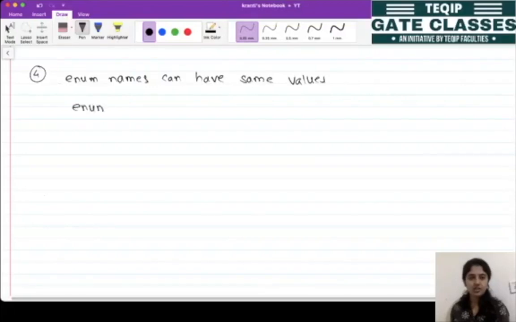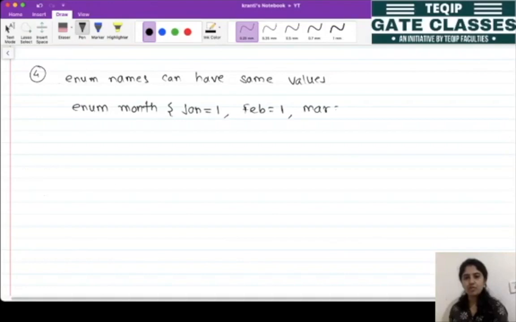Let's say this is our enum month, and inside this, for January we have assigned 1, then for February it is 1, for March it is 1. So these are our enum names Jan, Feb and March, and here we have assigned the same integer value, 1, 1. So these enum names can have the same values.